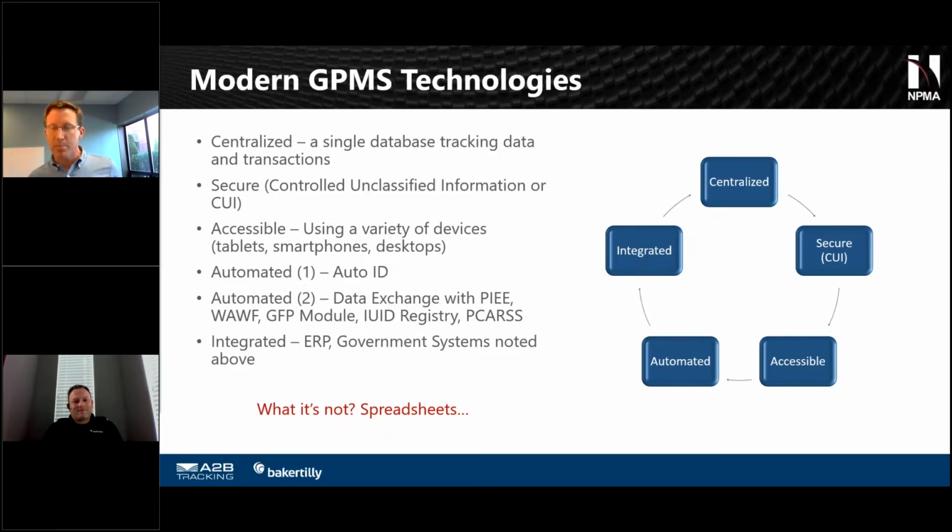here with government property management systems, but it really has now come down to best practices in the way that this whole ecosystem of doing federal contracting has evolved for a number of reasons. The first reason that you're going to see, we're going to start at 12 o'clock and just go clockwise around the circle on the right-hand side, is the need for a centralized system that can be accessed from often a